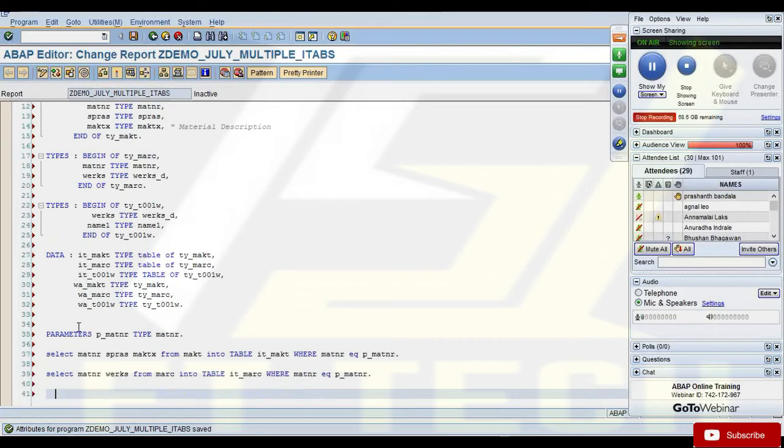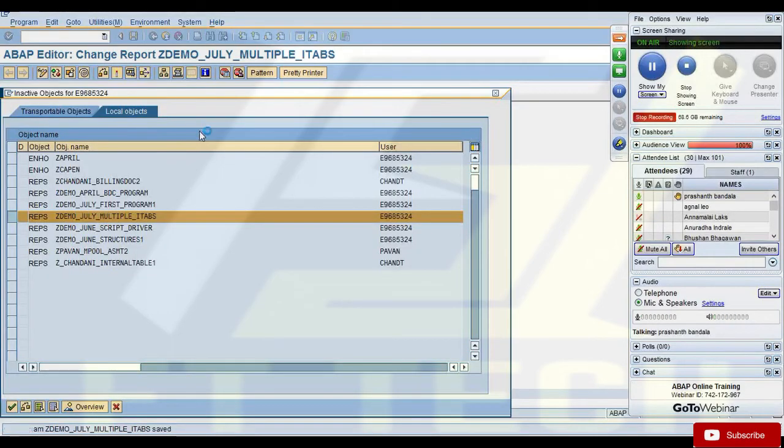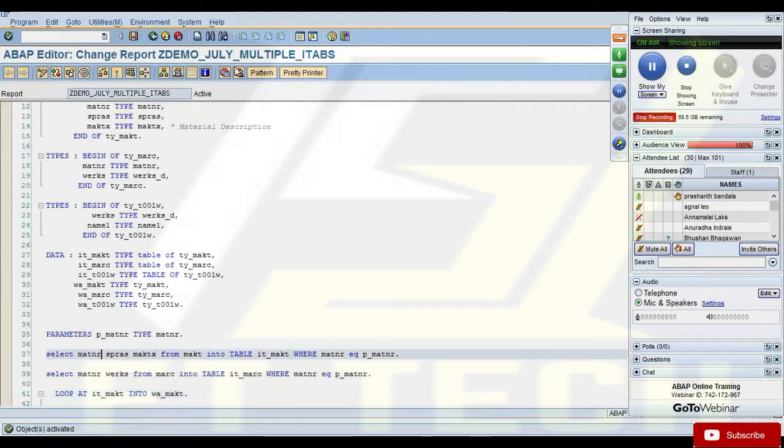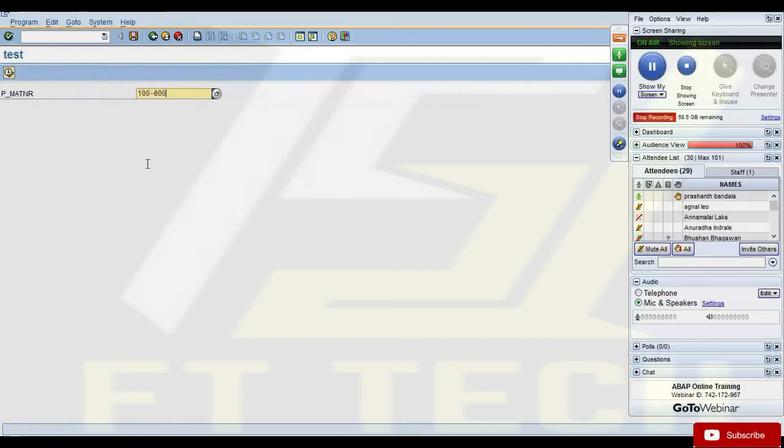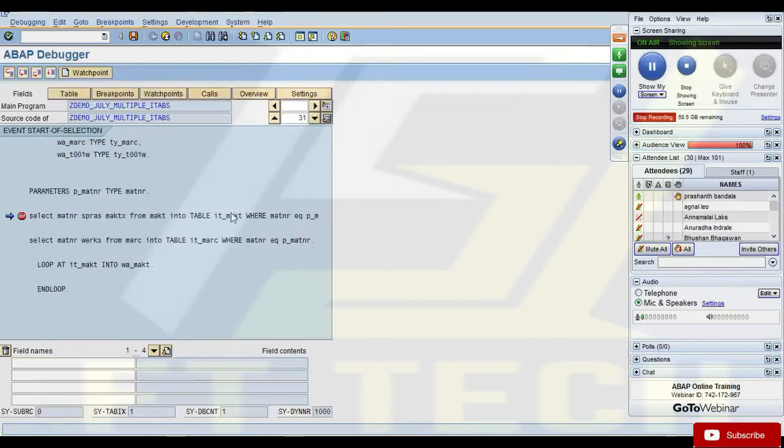Okay, I'll just write this loop to stop the debugger, and let's see in debug mode what data we have at this point. So here, it_makt